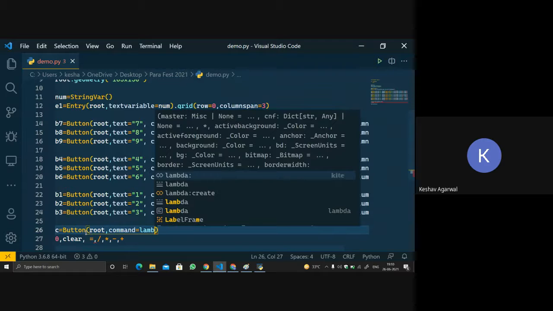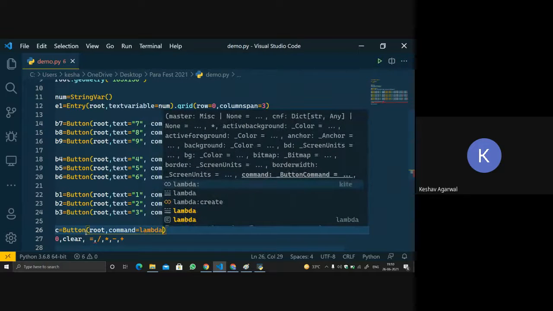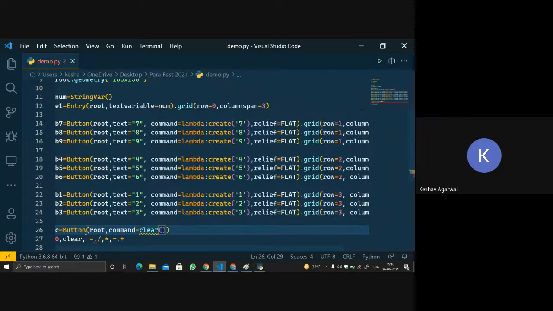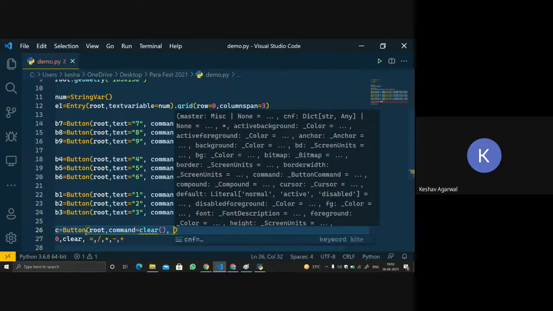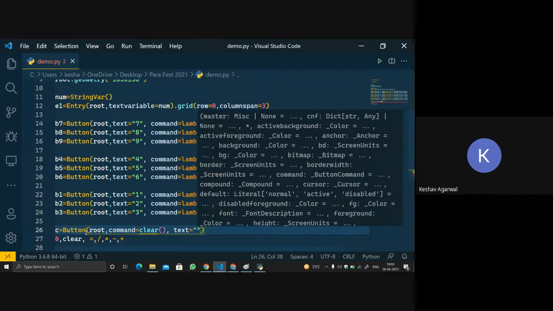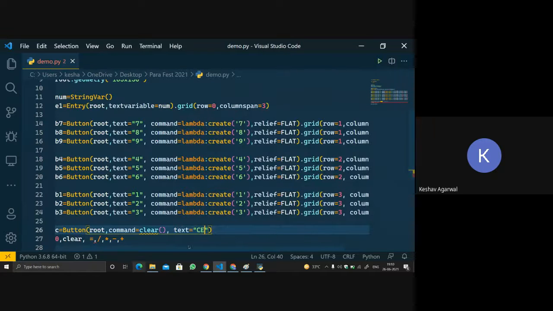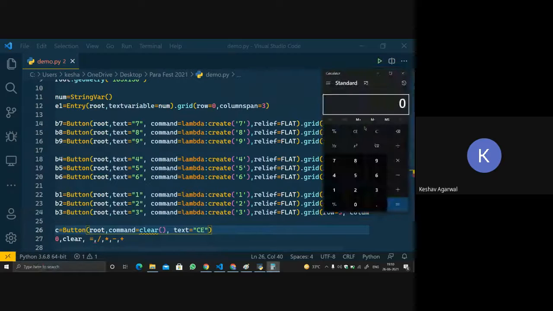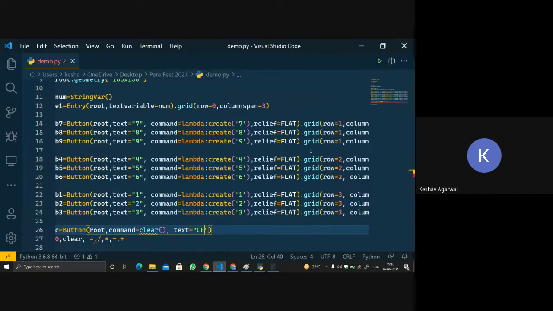Yeah, we have to use lambda only. Sorry, no, we can use clear also. Yeah, clear. We will be making a function clear, and the text is equal to CE, like in most calculators we get CE. So let's keep it CE. And then just use this again.